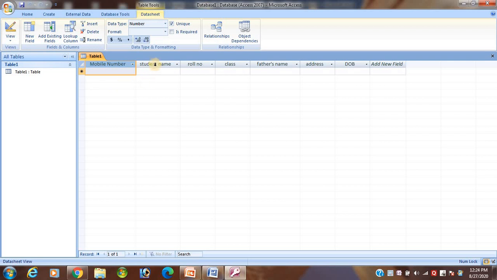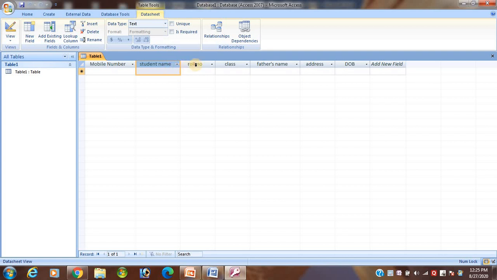Okay, now student name, the student name is just like your name. Suppose one is Tanupriya, that means all are letters only, so you should give text. And another thing, remember student, if you do not specify the data type, by default it will take the text data type.